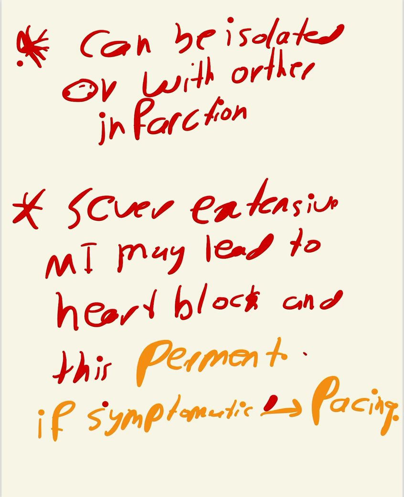Severe anterior extensive MI. إذا كانت ال MI بالanterior wall extensive, sometimes reach to the AV node and cause damage of the AV node, lead to permanent heart block. يعني مرات الاكستنسيف MI بالanterior wall of the heart بتكون massive. فتأثر لي على ال AV node. The AV node will be blocked. And this block need permanent pacemaker, because